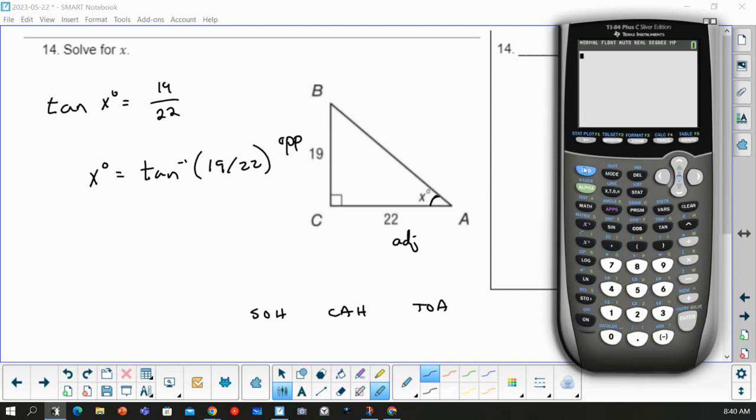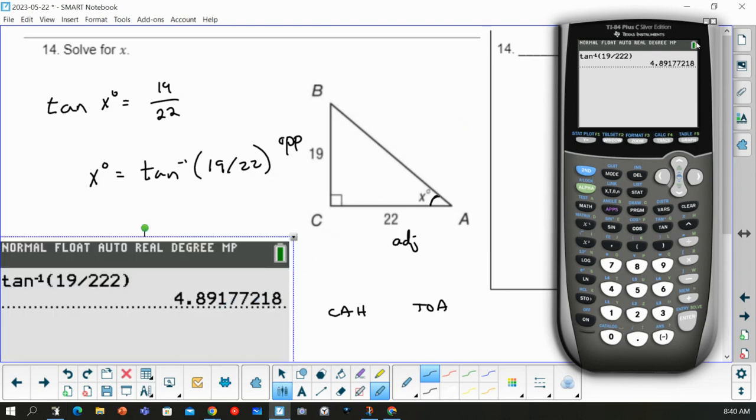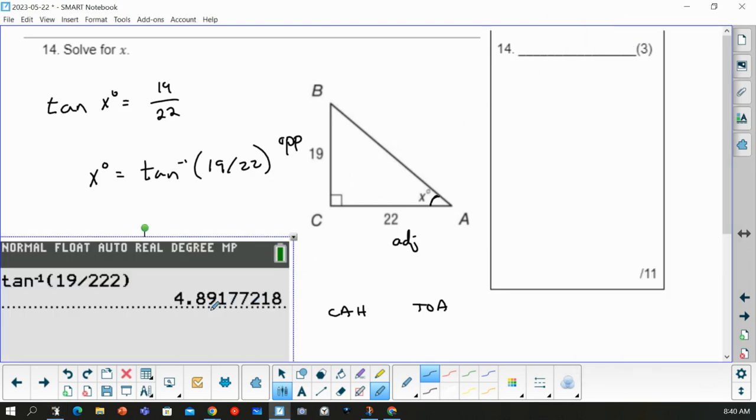So let's see here. To do an inverse tangent, I do second and then tangent. That gives me that tan⁻¹. 19 divided by 22. Close that up, hit enter, and 48.9. So now, since the 9 is here, that makes the 8 round up to a 9, so we end up with